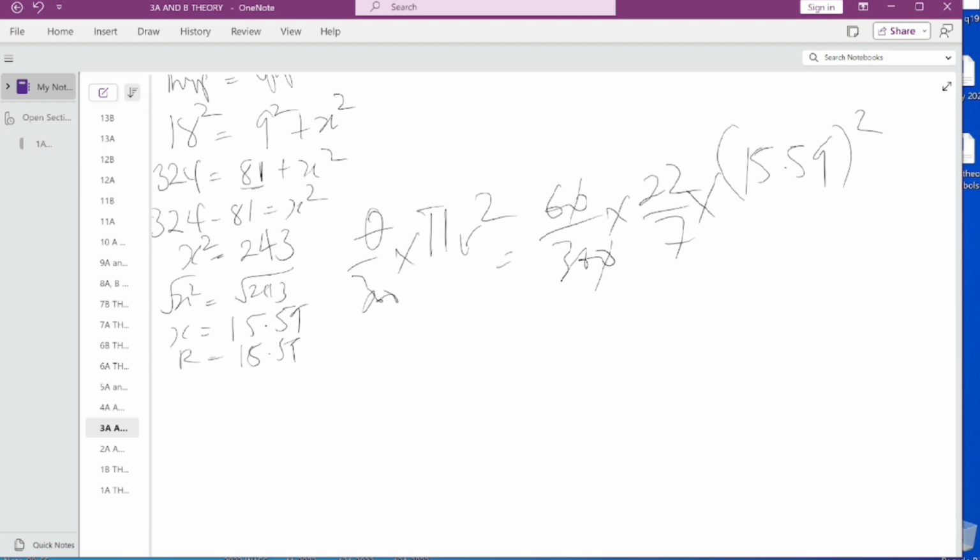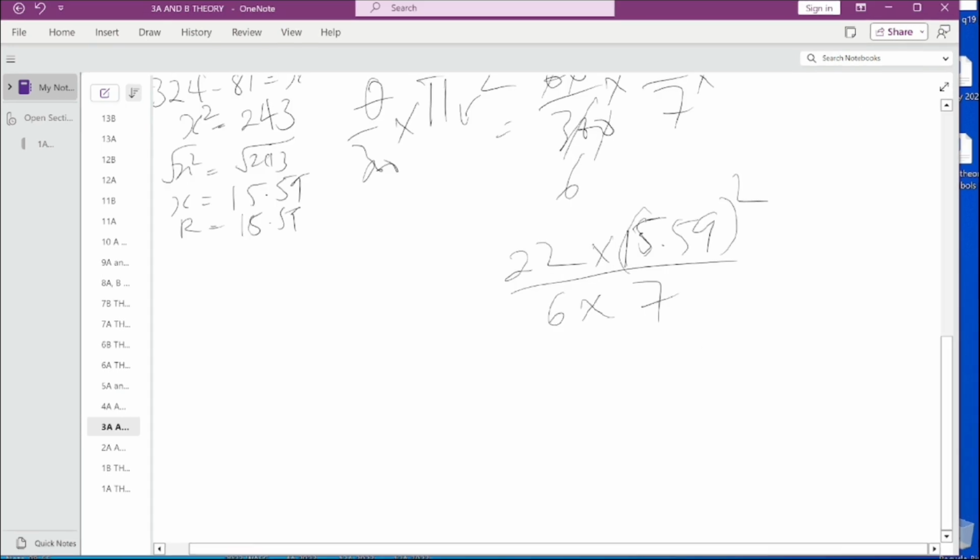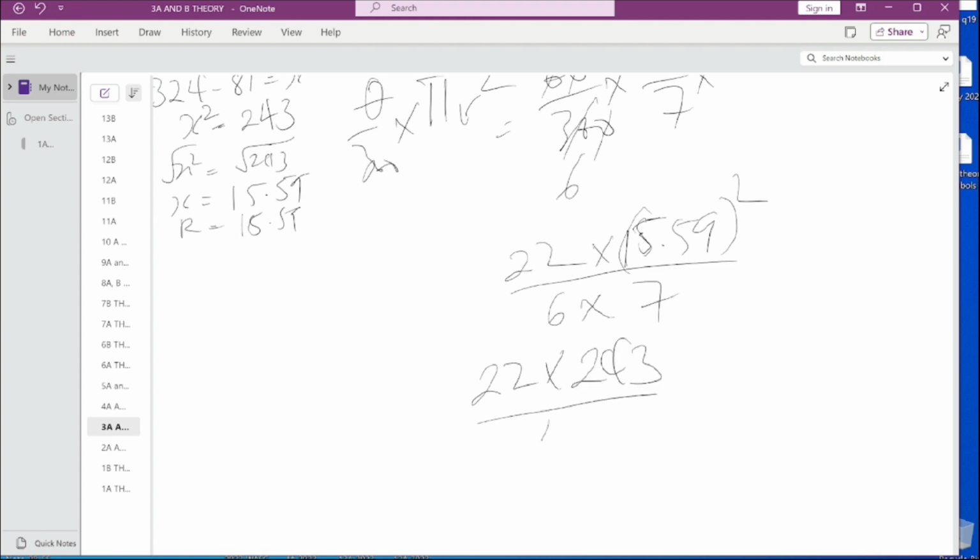We can cut this to the lowest terms. 0 cancels 0, 6 into 6 is 1, 6 into 36 is 6. So you have 22 times 15.59 all squared over 6 times 7. Opening the bracket, you have 22 times 243 over 6 times 7, which is 42. 22 times 243 divided by 42 will be